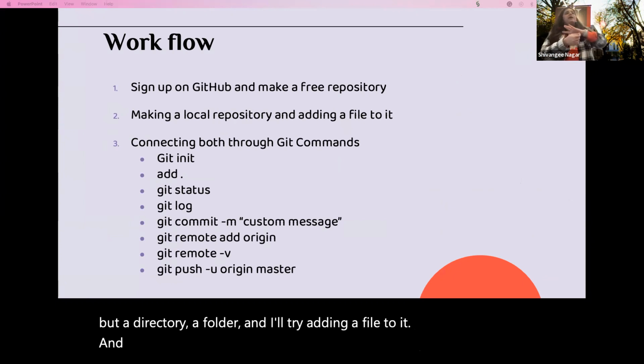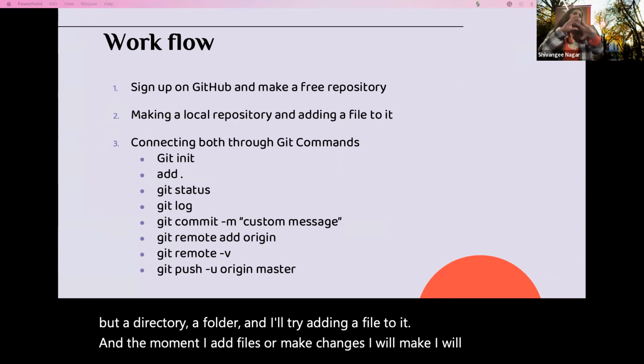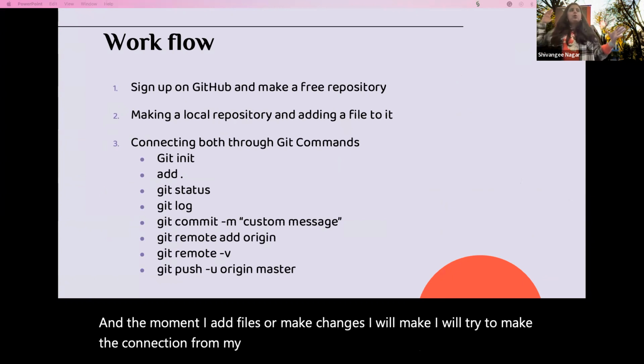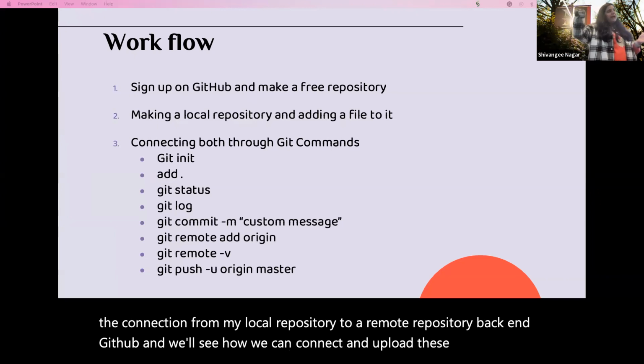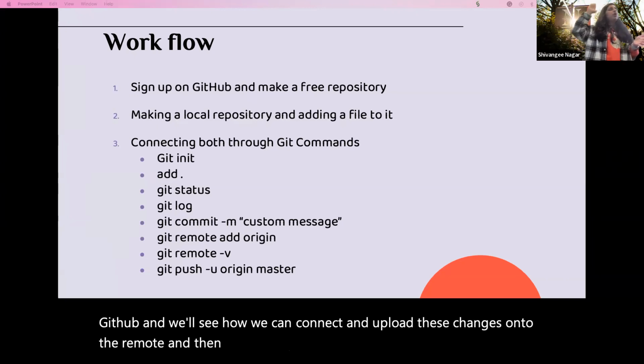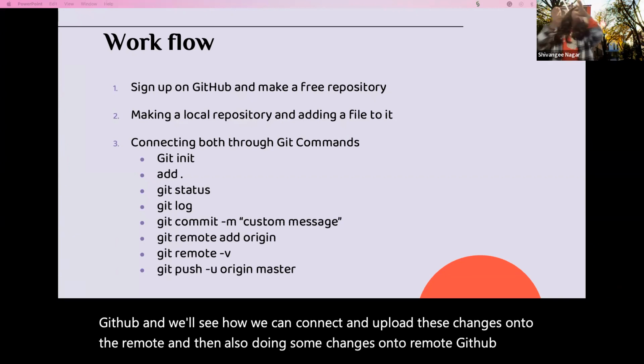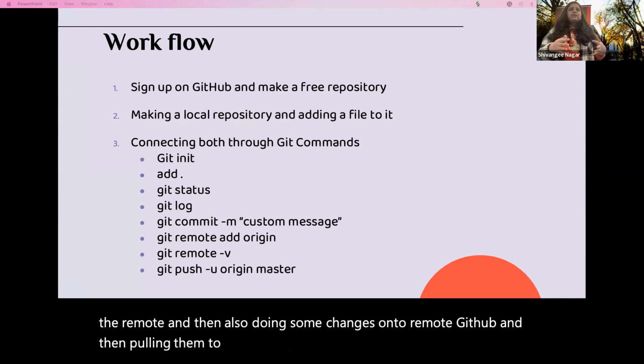The moment I add files or make changes, I will try to make the connection from my local repository to a remote repository at GitHub. We'll see how we can connect and upload these changes onto the remote, and then also make some changes on the remote GitHub and pull them to our local. So this is something that I'm going to do.